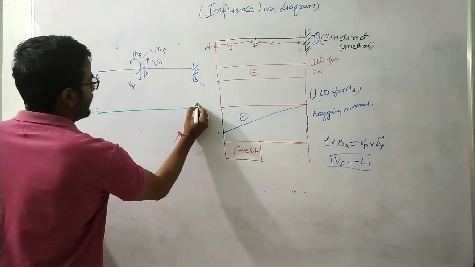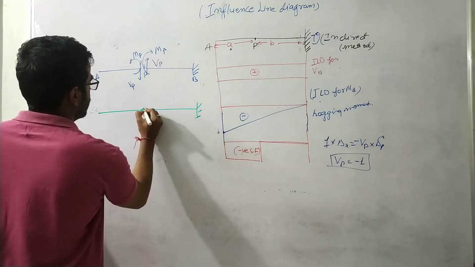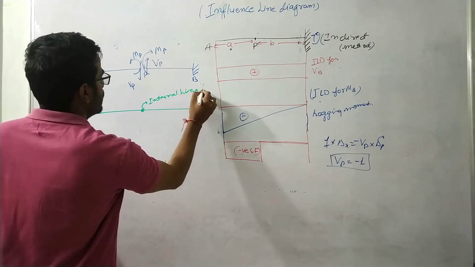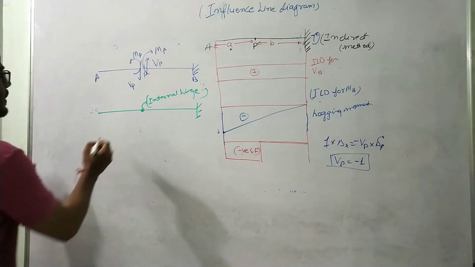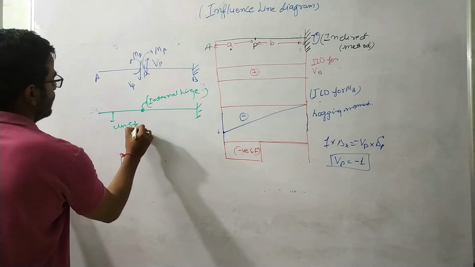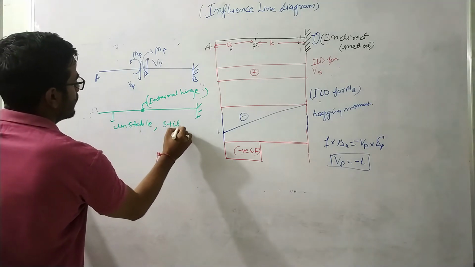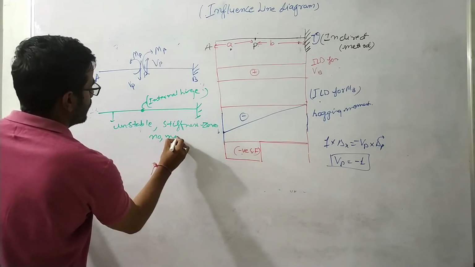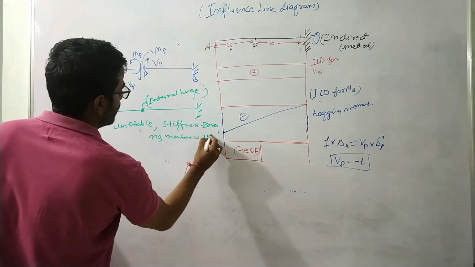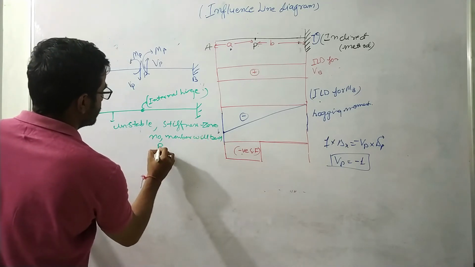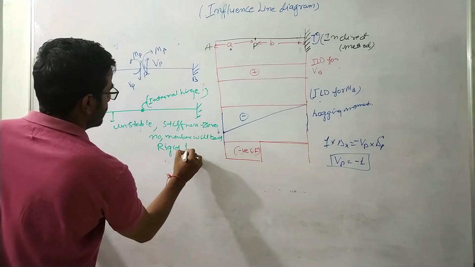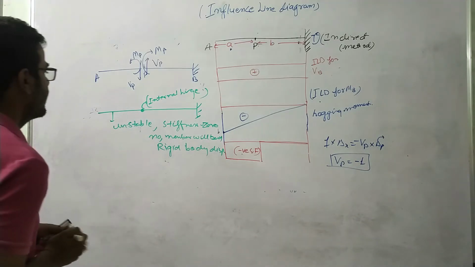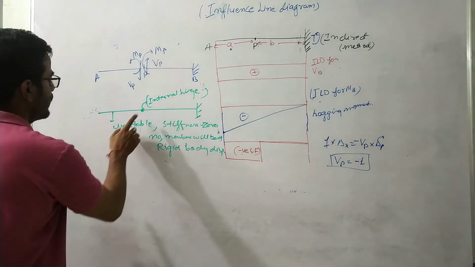To do that, we'll provide an internal hinge at point P. So this is nothing but the internal hinge. When we provide the internal hinge in the beam, this beam becomes unstable, stiffness 0, and no member will bend. There will be only rigid body displacement. So when this is happening and we are applying the unit load, the unit deformation